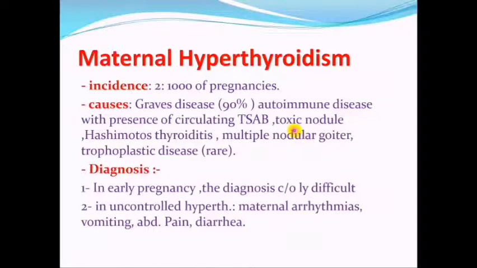One of the diseases involving the thyroid gland which may occur during pregnancy is maternal hyperthyroidism. The incidence of maternal hyperthyroidism is 2 in every 1,000 pregnant ladies. The most common cause is Graves' disease, which accounts for 90% of cases, an autoimmune disease with the presence of circulating thyroid-stimulating antibodies. In addition, there are toxic nodules, Hashimoto's thyroiditis, multiple nodular goiter, and very rarely trophoblastic disease, which is the H